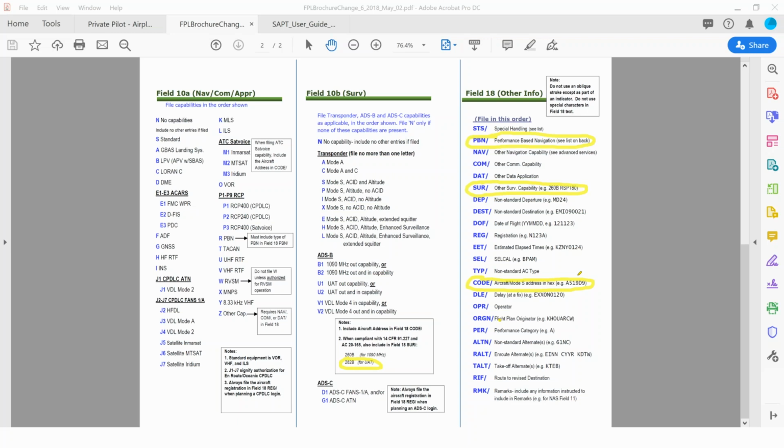But I don't know the other side of this system. I don't know if ATC is seeing this information that I'm putting in field 18, or if it's going into the system and it may cause my ADS-B not to work correctly. I don't know, but what I do know is this is how you fill it out correctly, and you need to have these fields in field 18 filled out per the international flight plan format requirements.